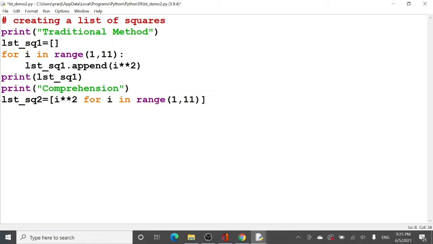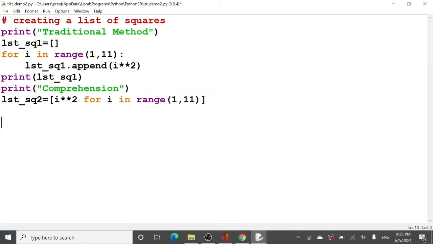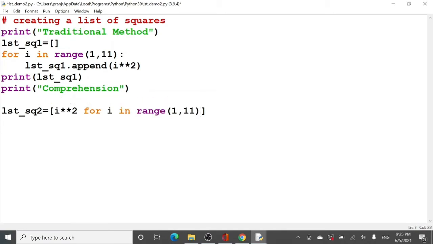So what I did, this complete statement of 3 lines, I have actually combined into an expression inside my list.